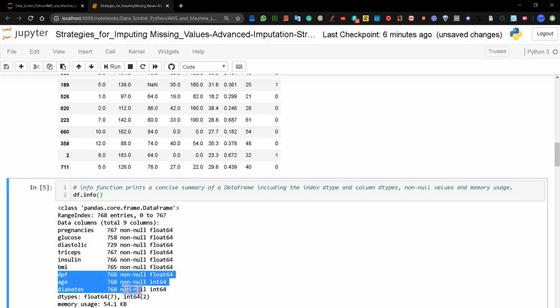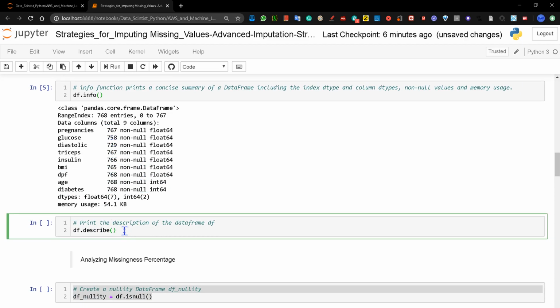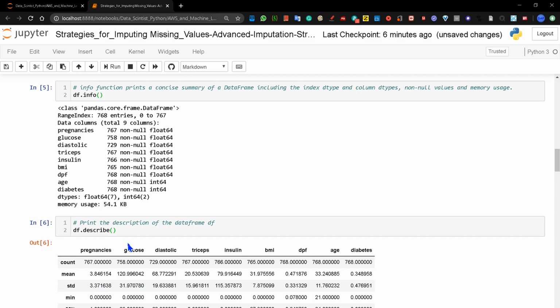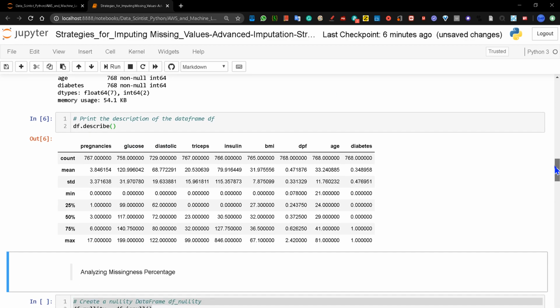Okay, if you see what I mean. And now, as we have seen that there are some missing values here, we need to check them. Before we check them, let's quickly print the description of the data frame. And here you can see some stats like mean, standard deviation, min, max, and some